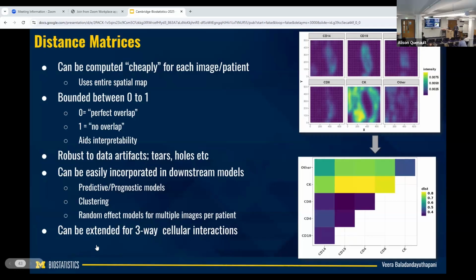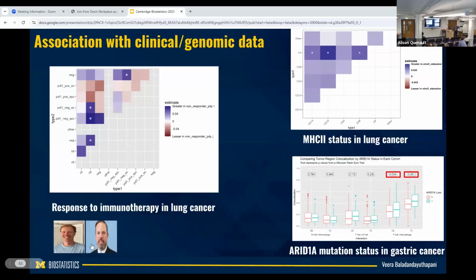That depends on what you're looking for. I have an example here. You can do univariate or you can do multivariate. Here's a simple univariate one, and this is the response to immunotherapy that I was talking about. We just ran a simple univariate test with responders under 2-group testing. The ones that you see are the ones that are significant, adjusting for multiple comparisons.